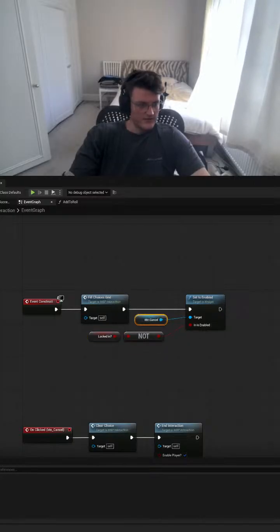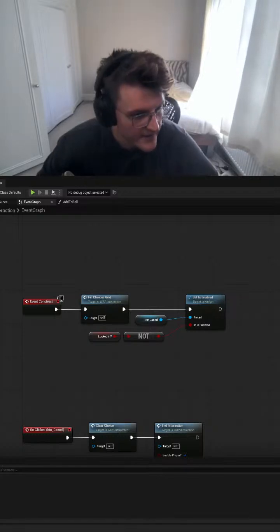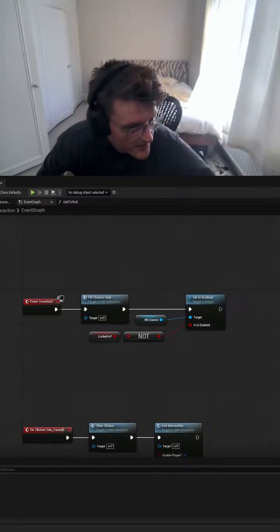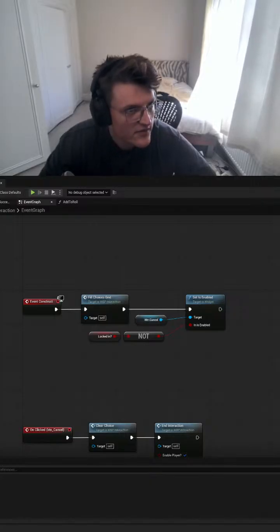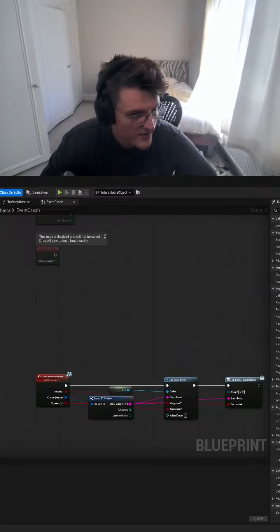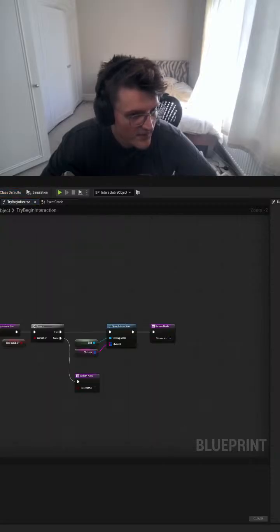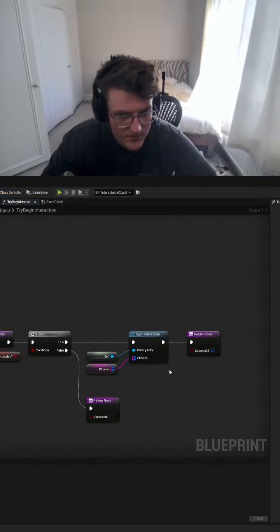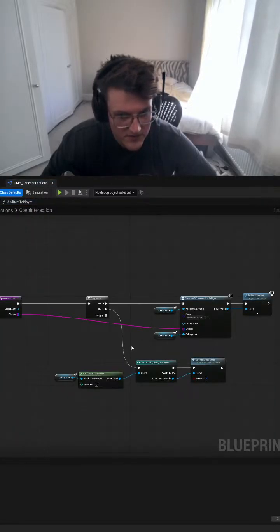And so this is going to be file save a exposed on spawn file save. So on interactable object, when we begin interaction, open interaction,